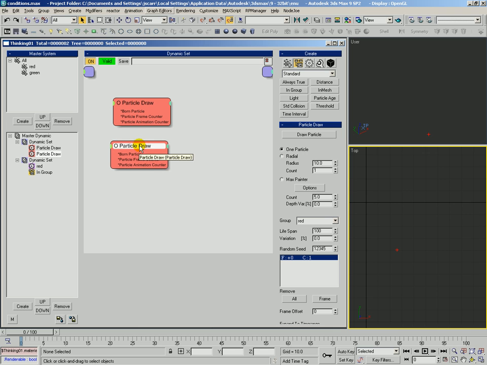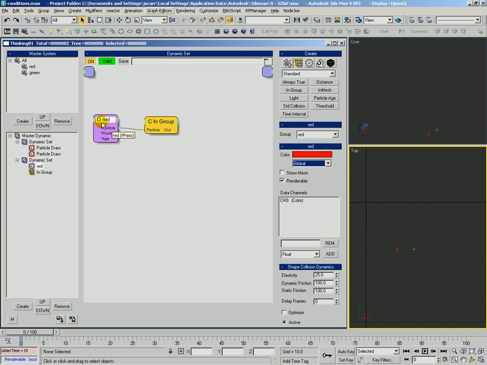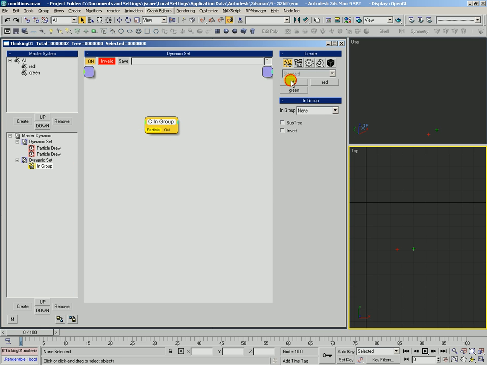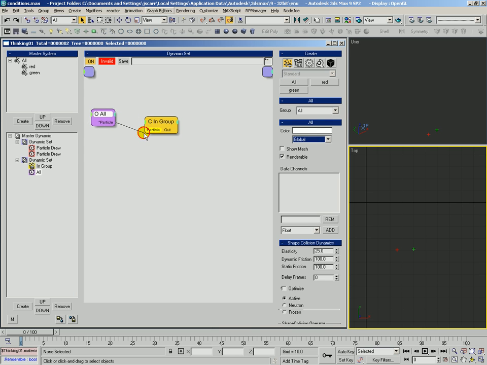And let's go ahead and duplicate this by holding shift and dragging it. We want to actually create green particles. Let's remove them all and draw a new one. So now we've got a green particle. What we can do is, we should have left that, but we'll just go ahead and create an all. What we'll do is we'll say